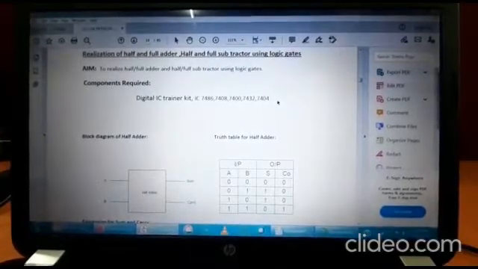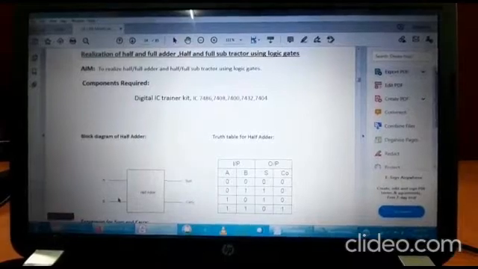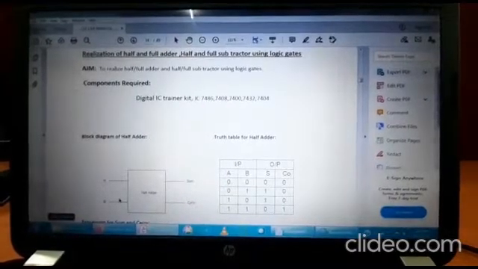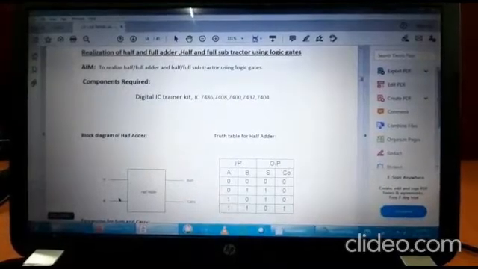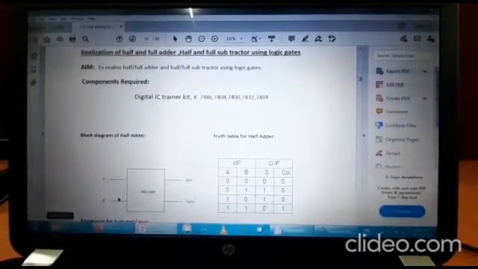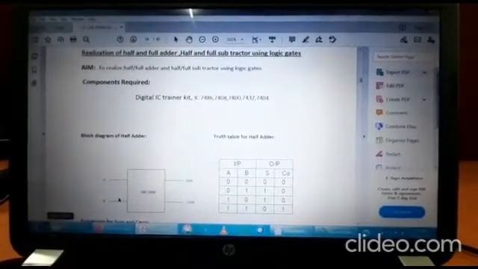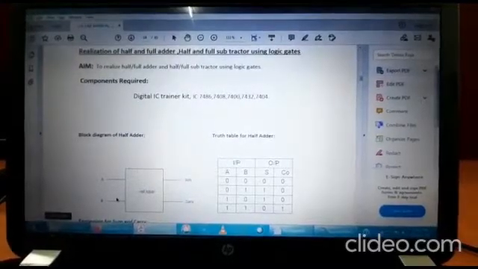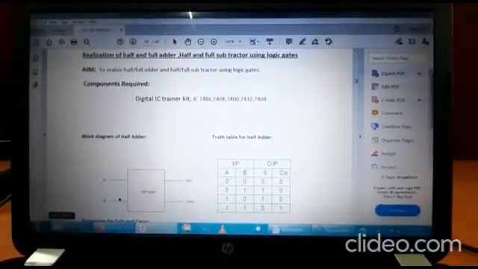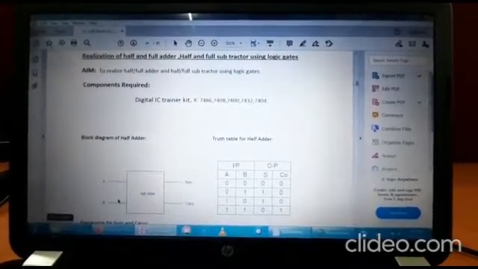So in a half adder circuit, in the logic diagram you can see A and B are the inputs which are producing sum and carry. So this half adder circuit is going to add up the two binary inputs and produce the sum and carry. So why are we calling it a half adder? Basically this circuit is not going to take into account the carry that is being generated. So carry is discarded. That is why we are referring to it as half adder.